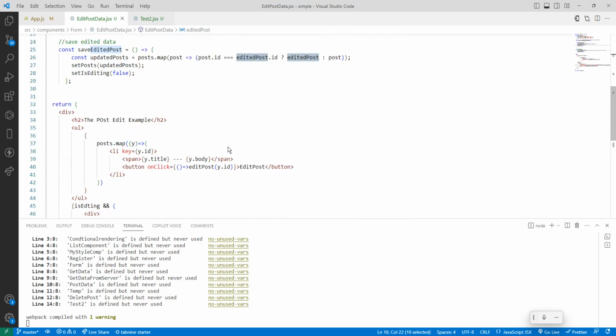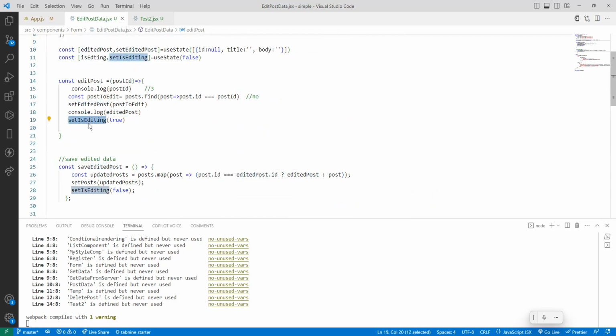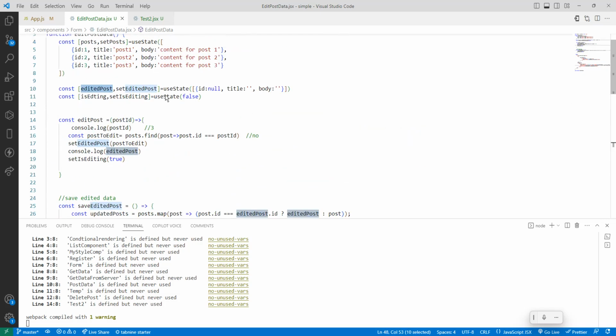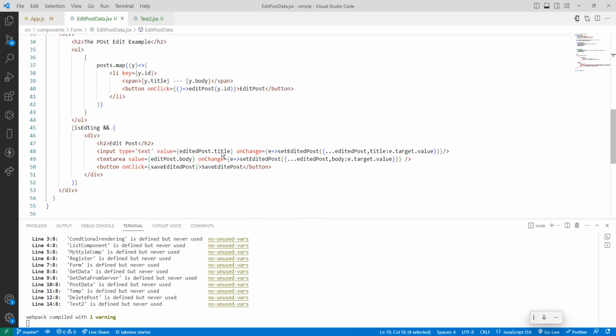Now automatically we are calling setEditing as true. Here we are taking a ternary operation, a shortened display of a ternary operation. isEditing equals, open and close brace, and it is edit post, input type equals, value equals edited post. What is the edited post? We set earlier the id 3 value. So the edited post dot title is title 3, and edited post body is body 3. Then when we click on change,